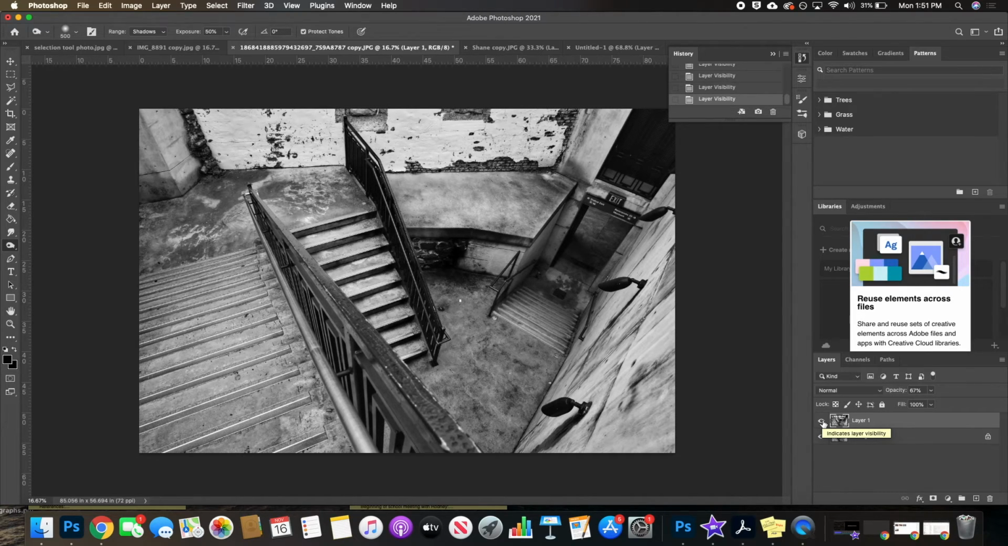So that is the dodge and burn tool in Photoshop. Again, dodge will make things lighter, burn will make things darker. You have to select which part of the photo you're going to be affecting, whether it be shadows, midtones, or highlights. Exposure changes how intense that brush